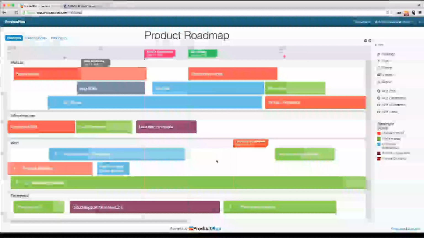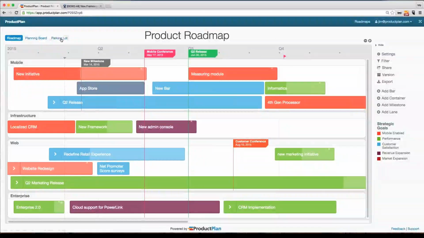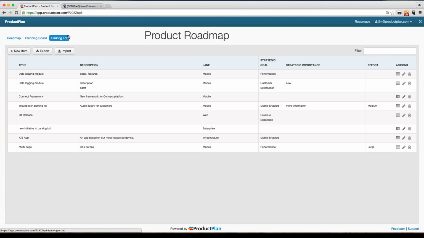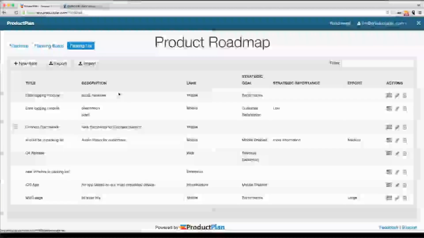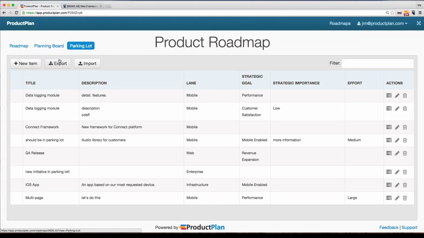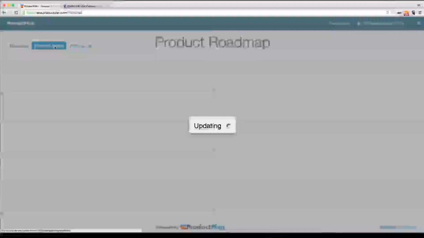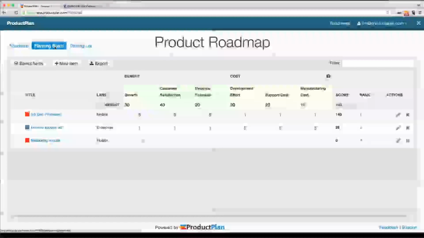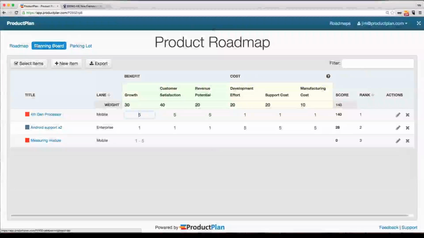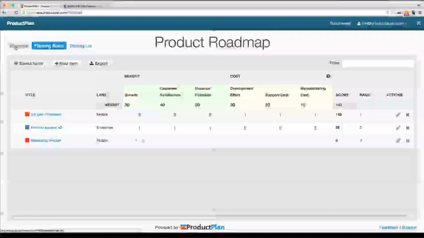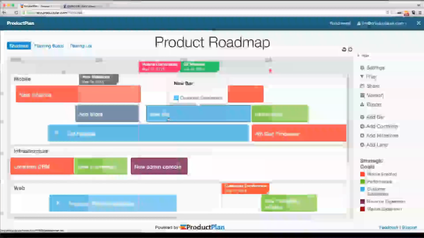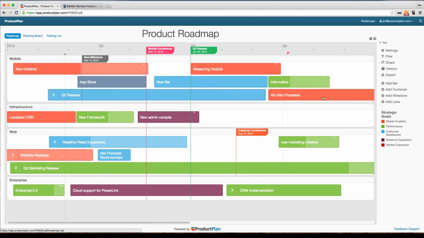And Product Plan is actually three different areas. There's the roadmap area that I'm showing to you now. There's also the parking lot, which is the future opportunities section. This is the area where you would capture some of those future initiatives that you might want to include on your roadmap in the future. We also have the planning board, and this is the prioritization tool that you can use to help score items for future use. But we'll start with the roadmap,